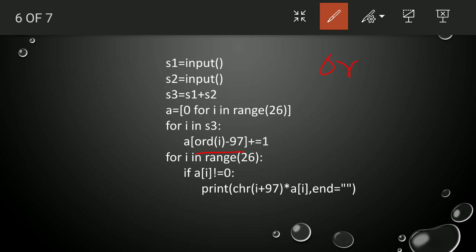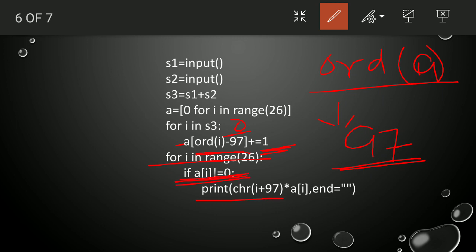The ord function is used to convert characters into ASCII values. For example, A's ASCII value is 97, so 97 minus 97 is 0. It is stored there as the count of the number of A's. Then we display it: if the A value is not equal to 0, print that character.